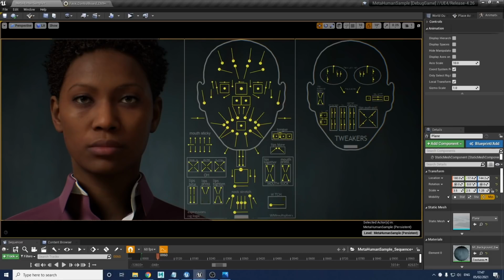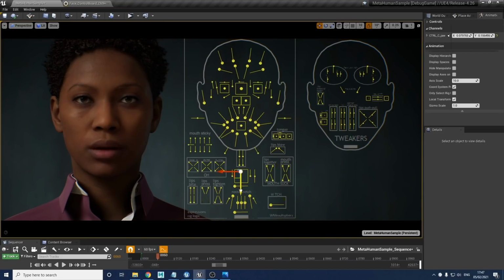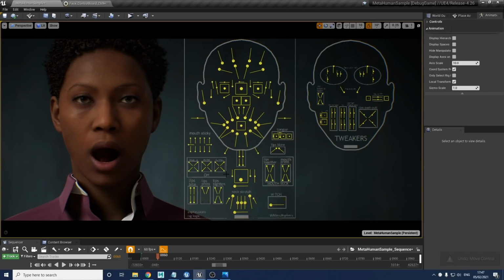That's most of the tweakers addressed over here. There are some extra ones which we probably wouldn't find too much use for. There's some that move the teeth around, but again, we won't really use them in speech or anything. Your teeth definitely do not move while you talk, not within the jaw anyway. But for certain shapes, perhaps you were pushing something to a really big extreme and found some clipping, you can tweak it in little bits if you need to get certain shapes. Or if you just wanted to change the base height of the teeth, you could do that from those controls there. You won't find yourself using that very much, but the option is there if you need it.